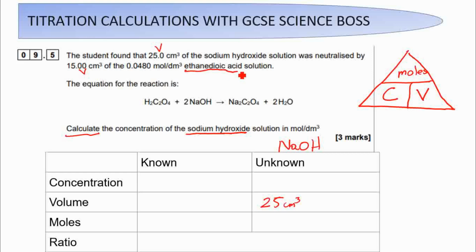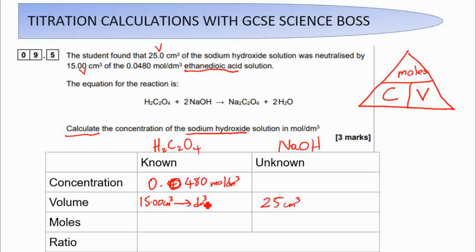Even if you've never heard of that acid before, it really doesn't matter. It doesn't change what we're doing. Oftentimes, those are just distractors. So, what's the concentration of your known? Let's put in that our known is our ethane dioic acid. So that is 0.0480 moles per dm cube. Our volume right here is 15 cm cube. What should you do? Remember, you need to be converting that to dm cube by dividing by 1,000,